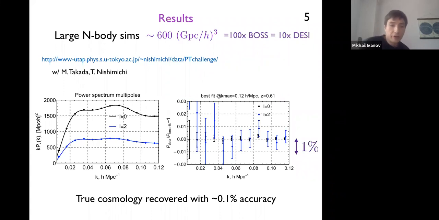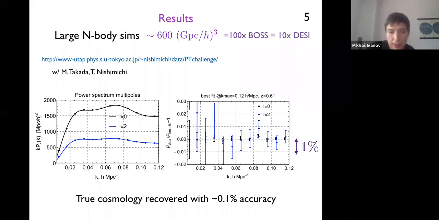All right, so here you can see the data on the left. You see the data points. You don't see the error bars because they're super small. They're 0.1%. You can see them better in the right part of the figure, where you see the residual between the data and the best fit. And really, our model can fit the data to 0.1% precision within these crazily small error bars.